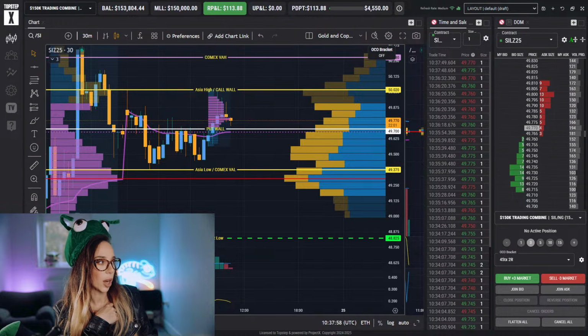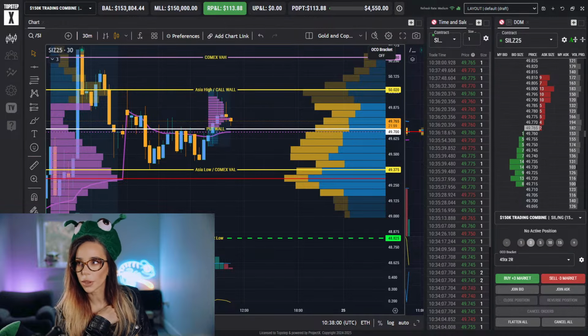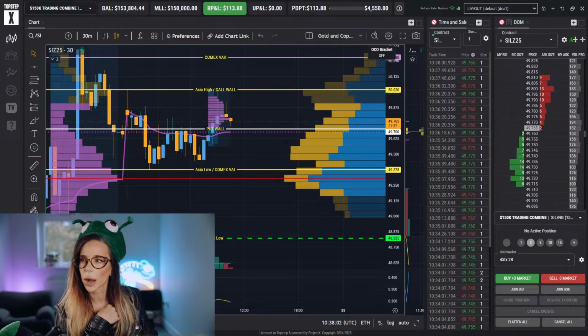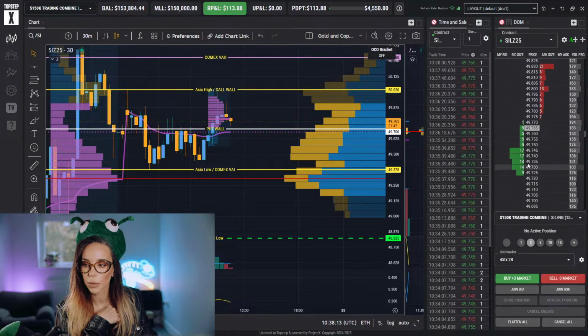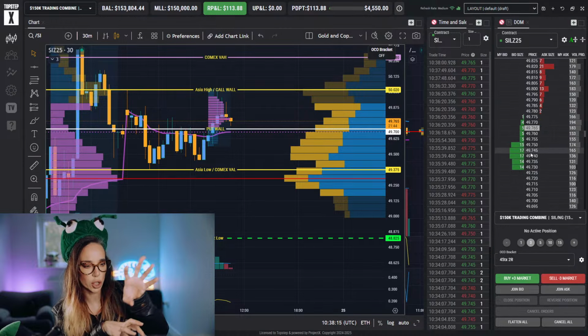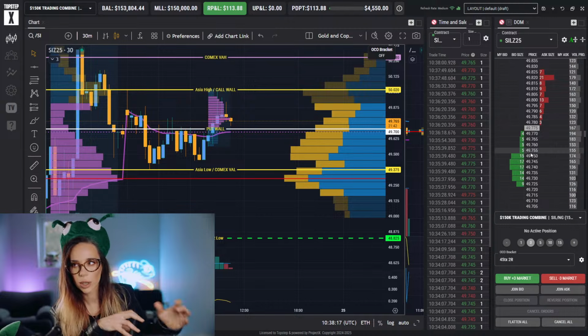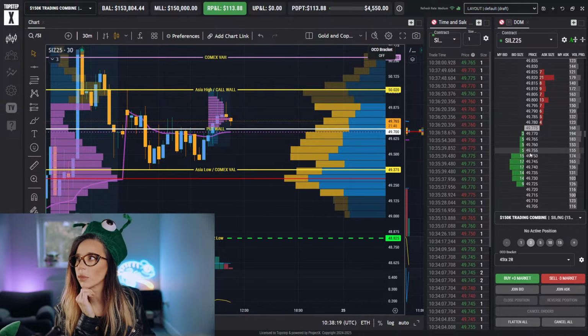Scalping is more for the ladder or dome. I agree. Even though the ladder on Bookmap, I've never really resonated with it for some reason. I like the ones that are on TopstepX. Why? Because they have the ask and they have the bid. So I prefer that. You can see it clearer than just everything smushed into one single thing. So I don't really use the dome on Bookmap, but heat maps I love.